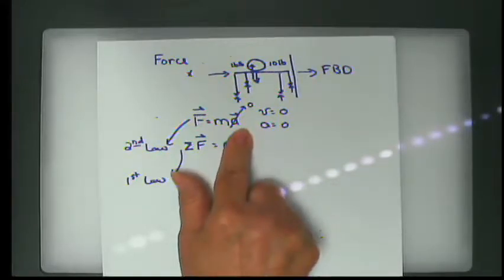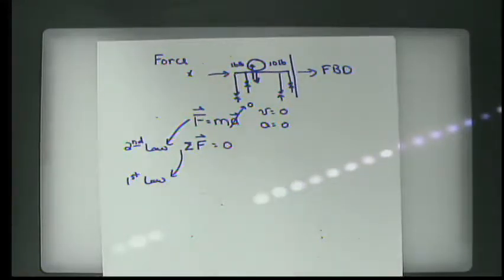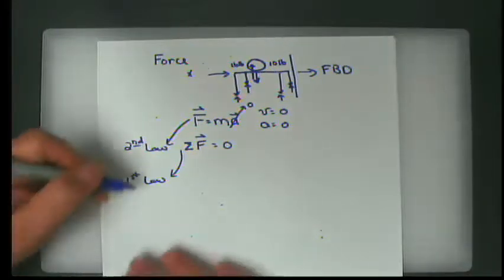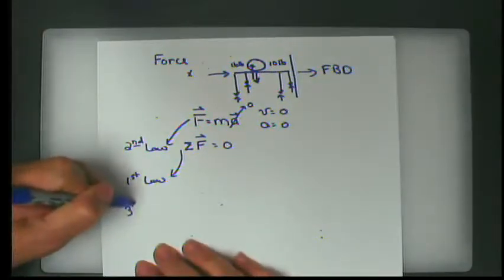The second law says if a resultant force acting on a particle is not 0, the particle has an acceleration that is proportional to the magnitude of the resultant in the direction of the force. All right, and then the third law, Newton's third law of motion,